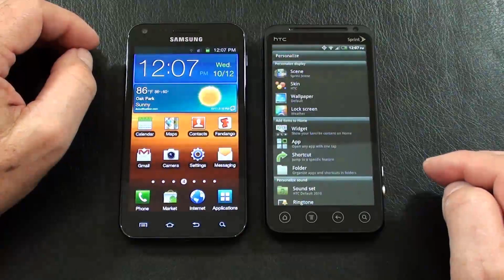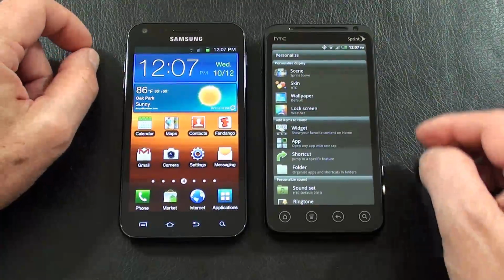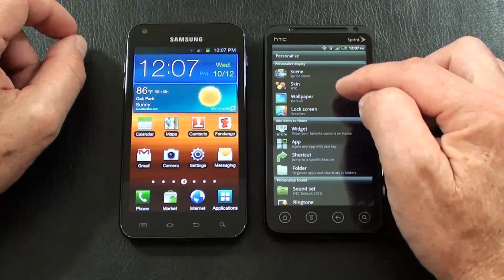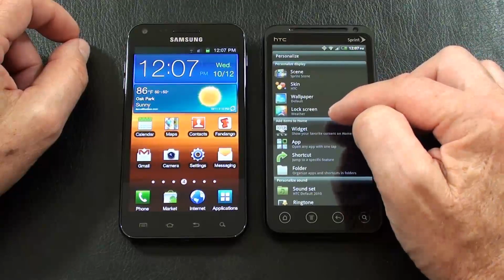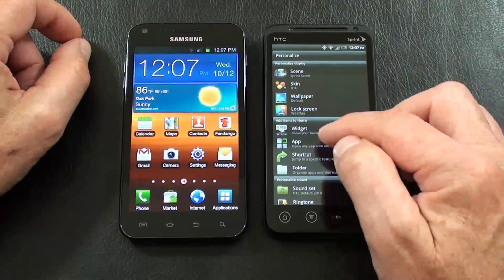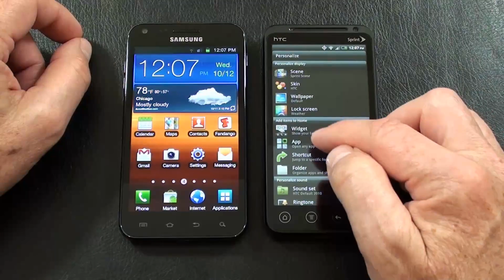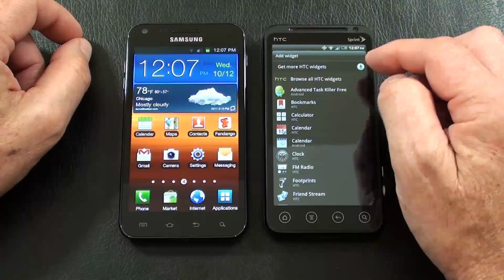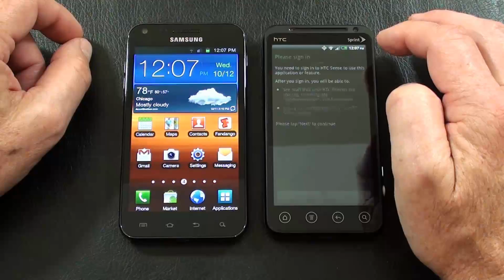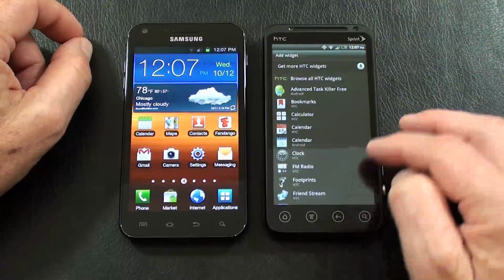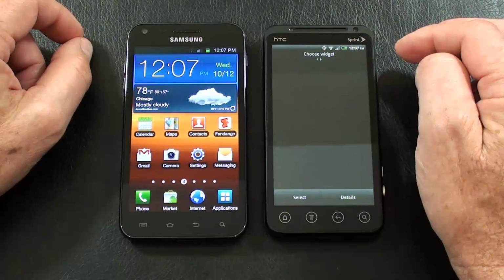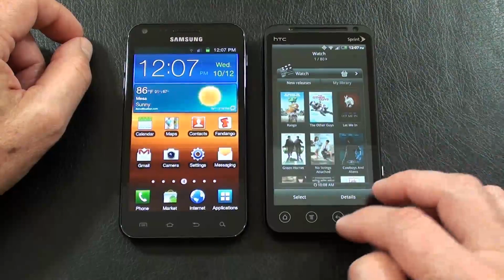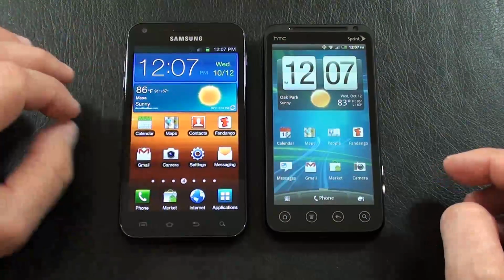You've got a lot of customization options on the EVO 3D. You've got different scenes, skins, wallpapers, lock screens, and there's some things you can do with the lock screen that are pretty slick. Your widgets, oops, those are apps. On widgets, you have a total of, does it tell me how many I've got? Usually, here we go, browse all HTC widgets. We've got 80 different widgets that we can load on the